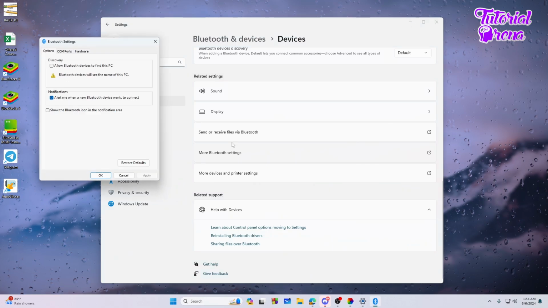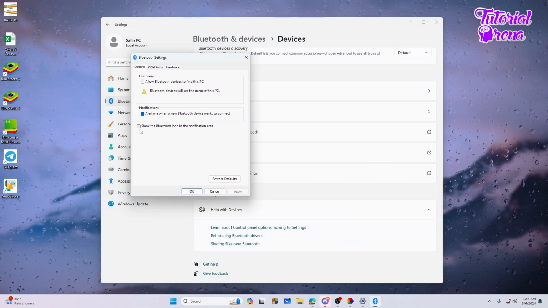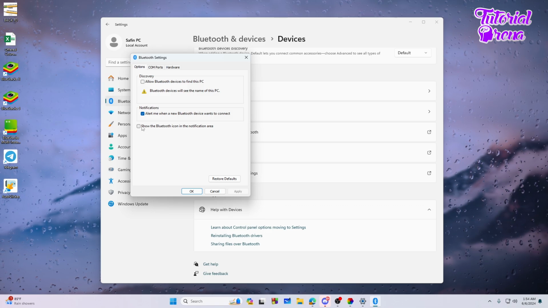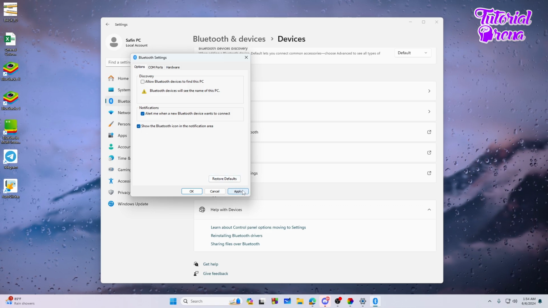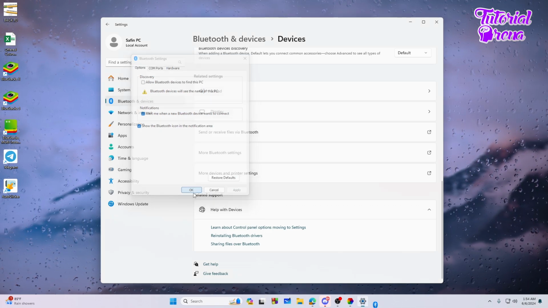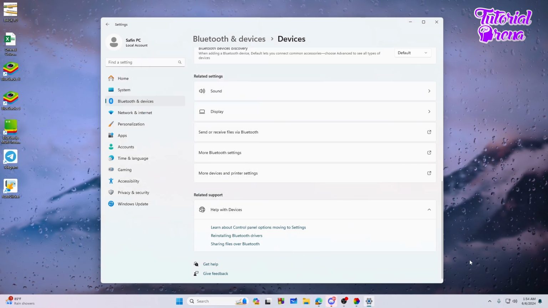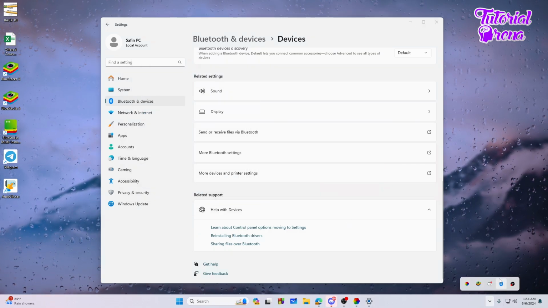Go to that. And from here, you need to select the show the Bluetooth icon in the notification area. Select this option and click on the apply. Then hit on OK. Alright, let's go to our taskbar, and as you can see we got the Bluetooth devices